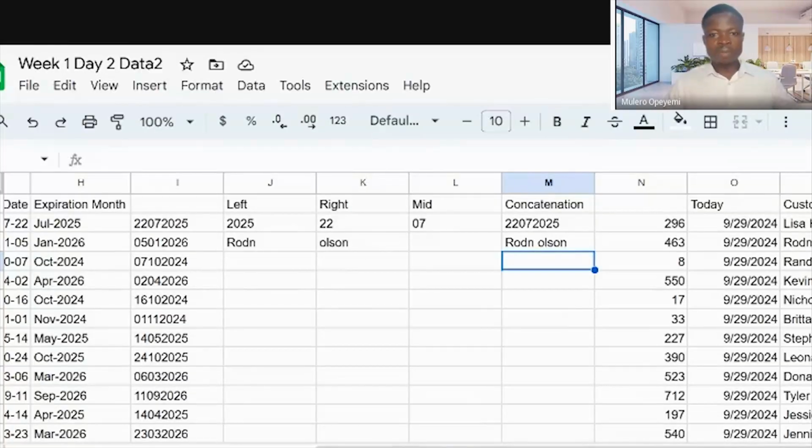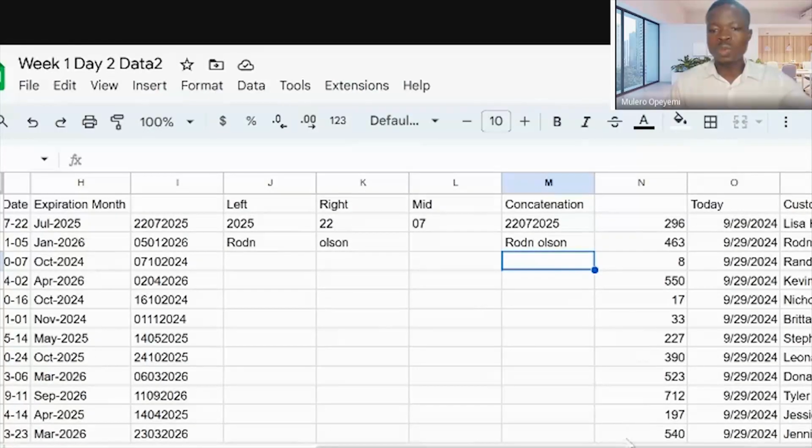So now, that being said, we've been able to put all of these things together. You can see that pretty much the same results that we achieved with the text function, we're able to achieve with these other functions: left, right, mid, and concatenate. And I have to tell you that there are a lot of ways you can achieve several things. But depending on what you want to achieve, that will determine what you need to do and how you do it. So that's that for that.